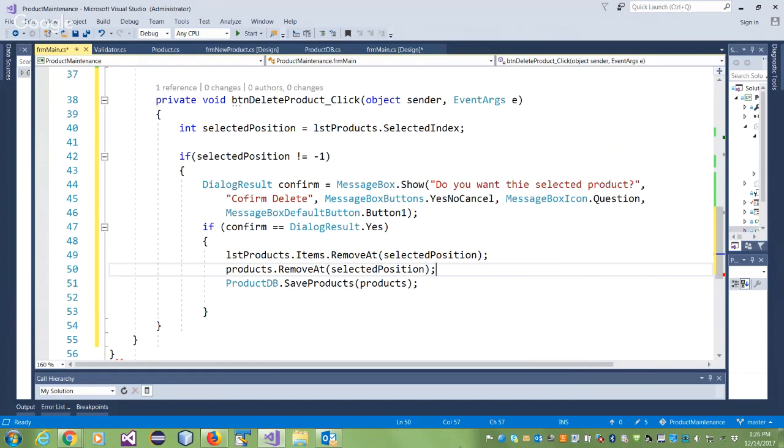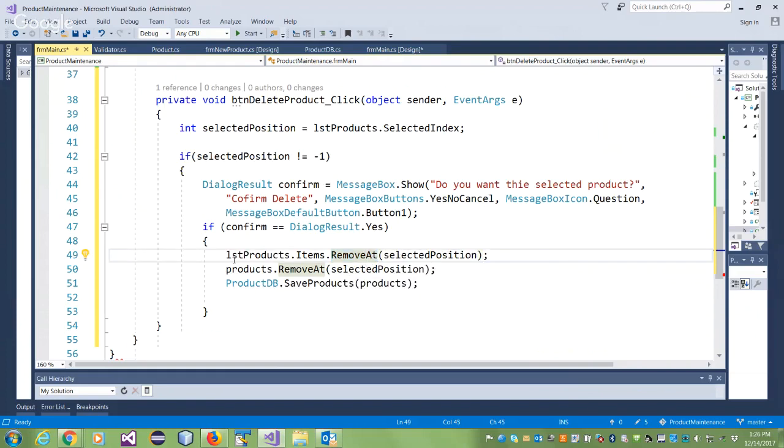No? Oh, yes, I'm doing sorted there. Yeah, that could be another problem. Okay. So I can't remove from the... Yeah, get the product out. You're right. Get the product out. Oops. Okay. The remove at? Yeah. No, the remove at just removes it, but I need that product to search in the